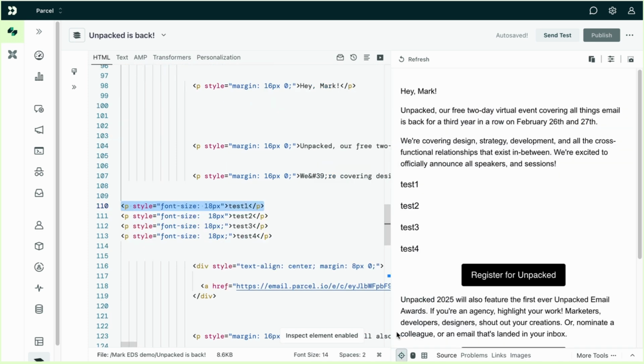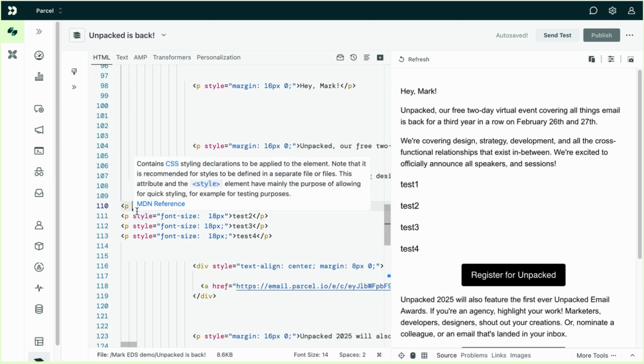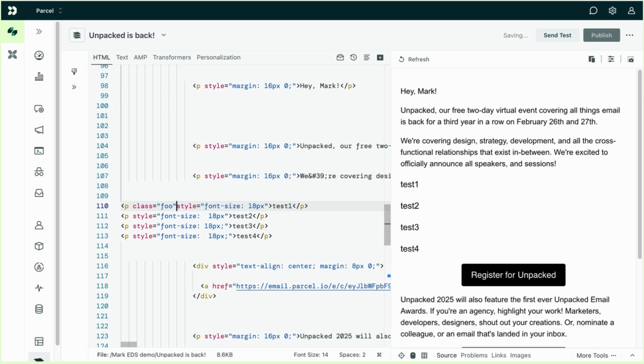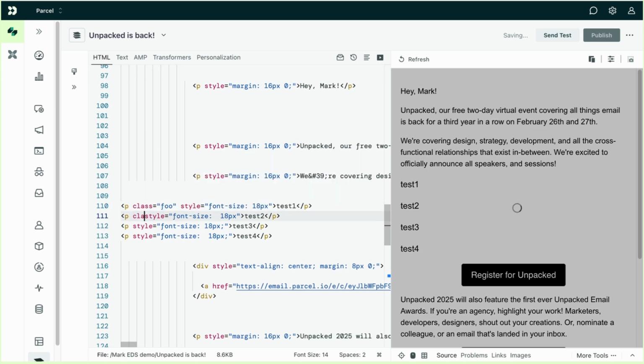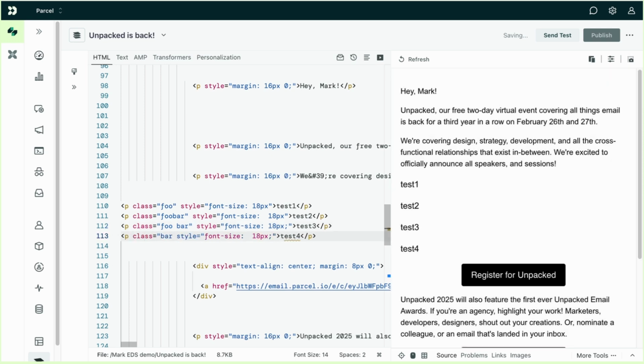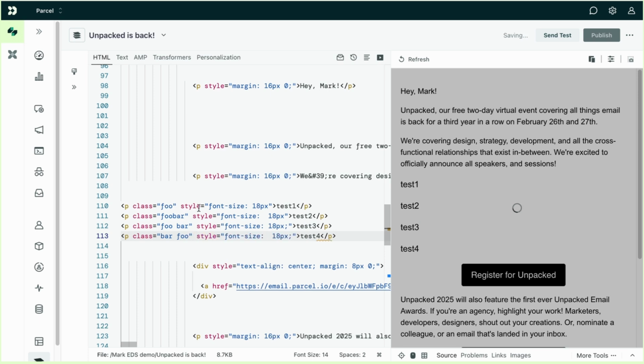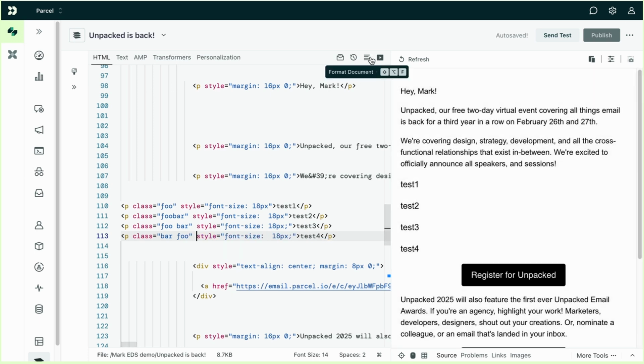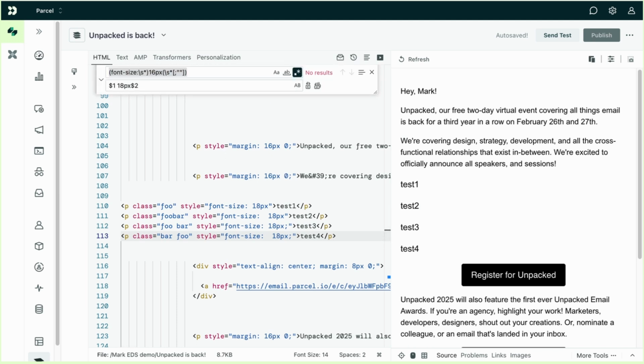Another use case might be if we want to update some class names, but you might have a word you're using as a class name that also appears a number of times in your email content. So you want to do a search that will only include that word when it appears in the class name and only when it's a whole word. Here I've got my class foo, foobar, foobar bar, and lastly I'll put one as bar foo. Then if we put in some regular expression, we can make sure this is only going to select the class name. So if I paste something in here,